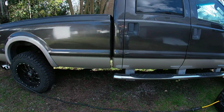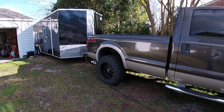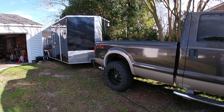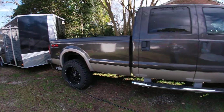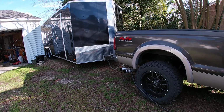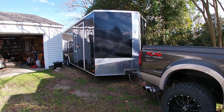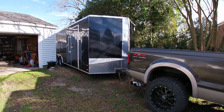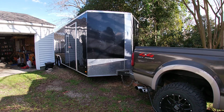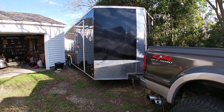Everything's going to be able to be packed in the truck, minus some special clothing, but I'll wear that and then come back to the trailer, and with the help of this, I'll be able to save money on trying to find a hotel room, drive down there on Friday evening after work, and stay the night there on Friday, so I'm not rushed to get to class on Saturday before the first track session, or the second track